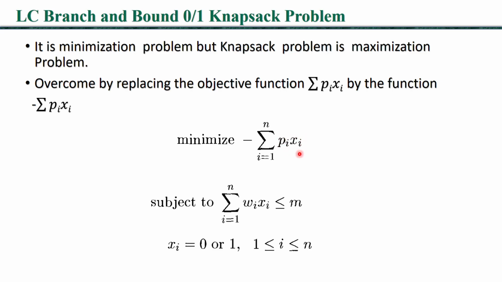In this way you calculate which items you have included. After including them, what profit will you get? That profit must be maximum. So if you add, then you will get the maximum solution. For that, if I add the minus symbol, then automatically it becomes minimize here. Let's see how it works.